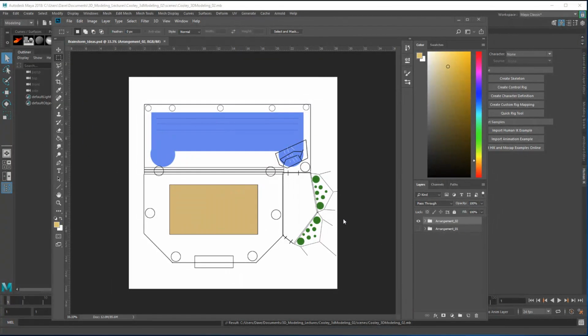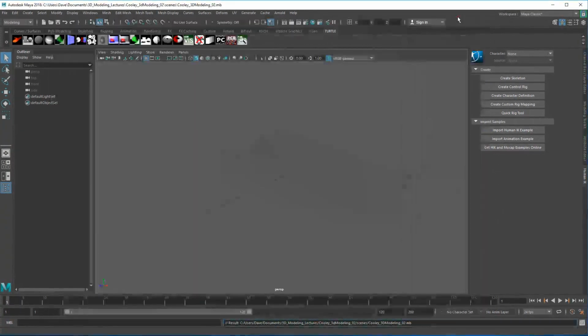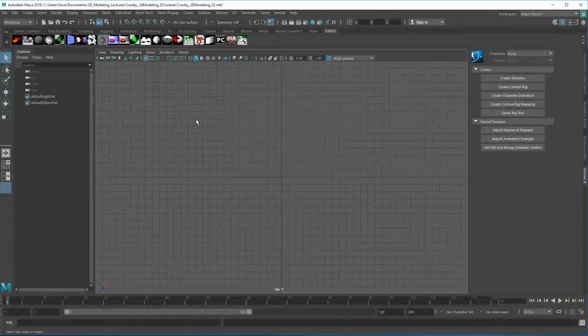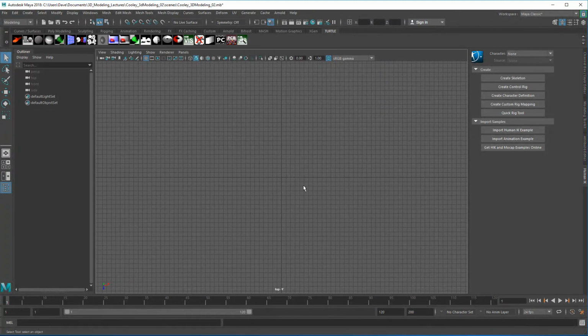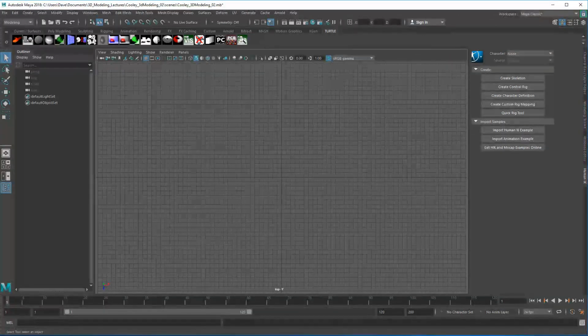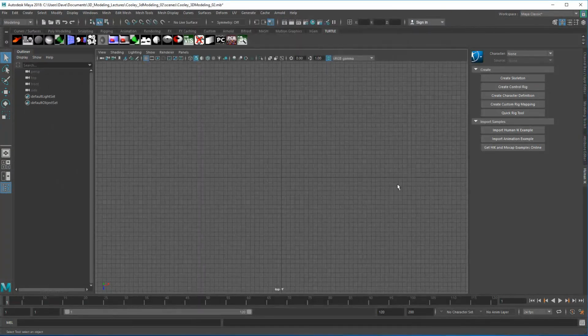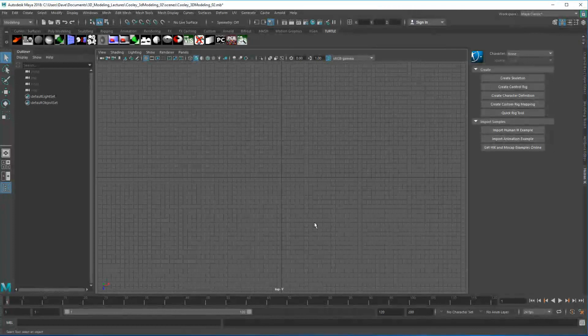Okay? Alright, so now that I have my idea, I can shrink down or close out Photoshop because I'm pretty much done with that. And now it's time to start working inside of Maya. Now, I'm going to use my spacebar tap and come over to my top view, okay? And you can see that right now there's nothing in my scene, but what I want is I want this image to be visible inside of this top view